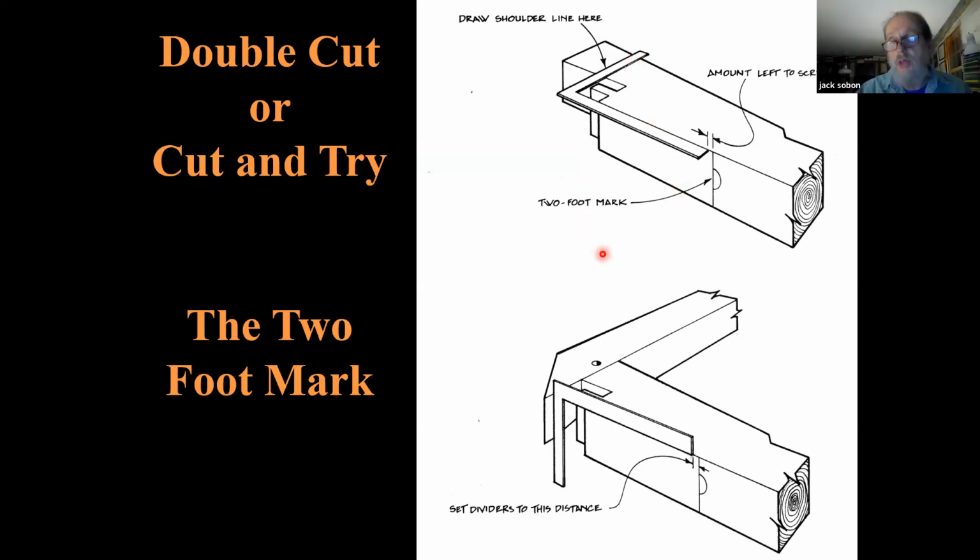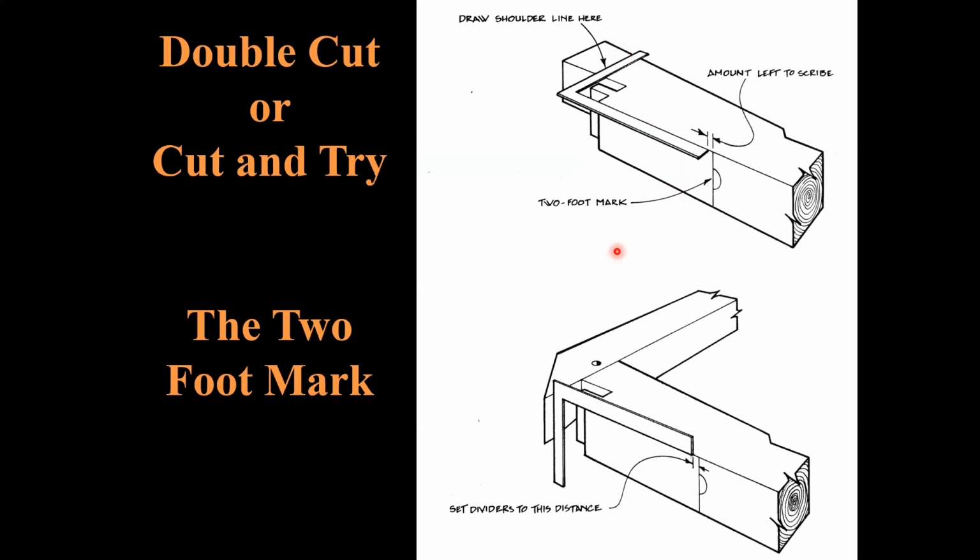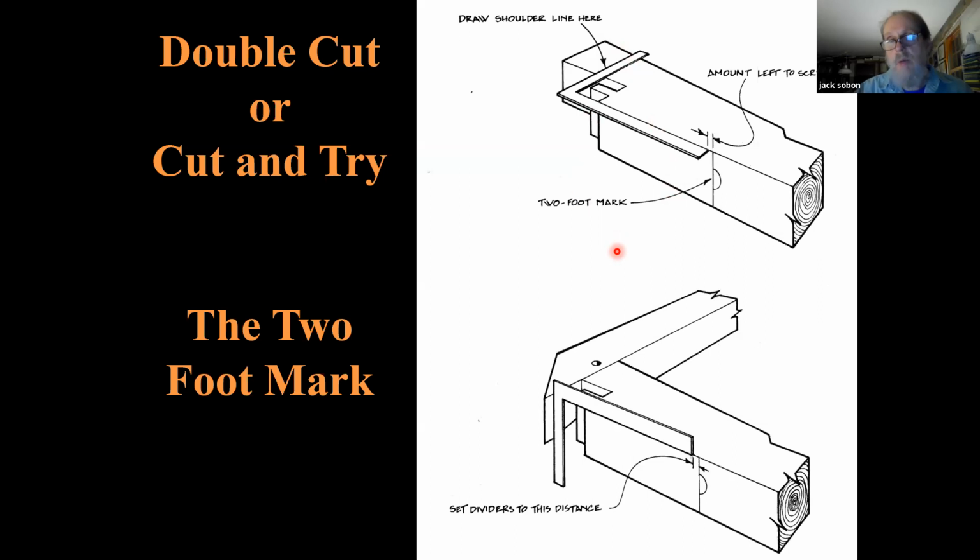So the first one you do that with, that's a simple operation. But the second one, you can't just come up with an arbitrary point. You have to know where it's going to end up exactly. And they did that by applying what's called a 2-foot mark here. Before the first assembly is taken apart, they put a mark that's 2 feet down from the dovetail on the